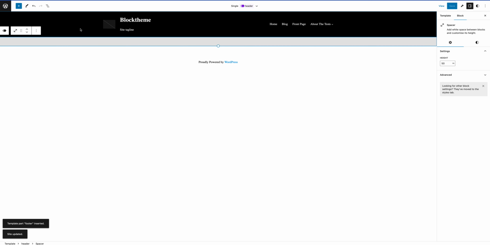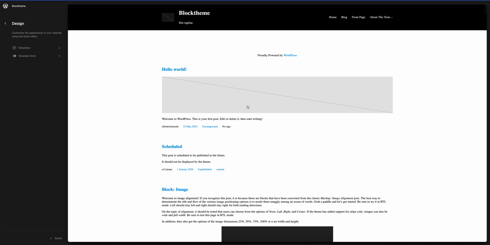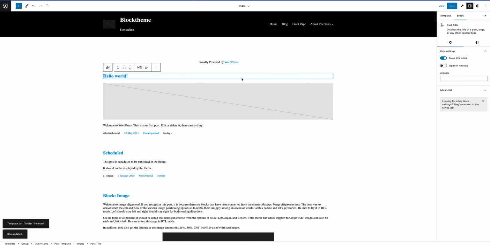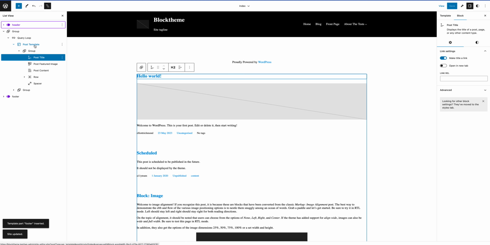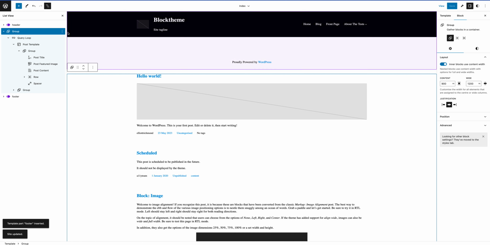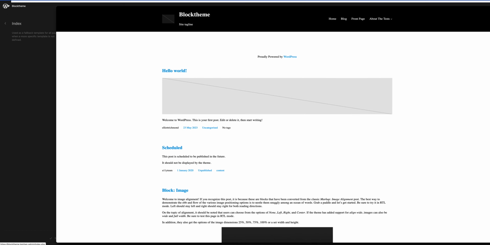Now I want to keep it consistent. I want to get my index template, kind of like copy this style. So you can do that by selecting a bunch of blocks as a starting point. So let's just grab that group for the moment, and then we'll fix it. So copy block, and I want to go back to